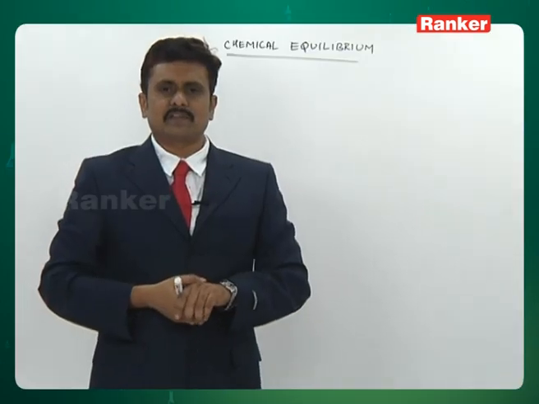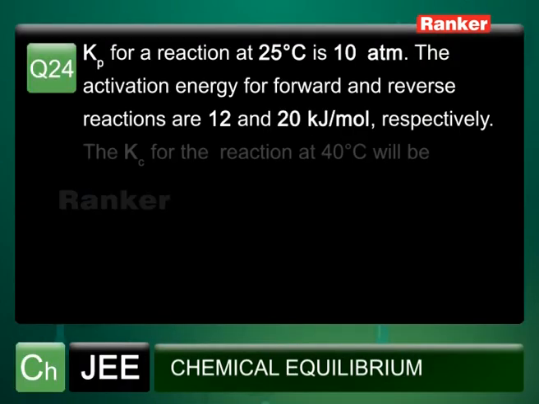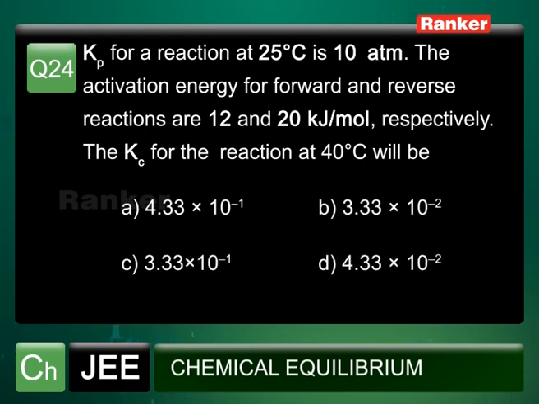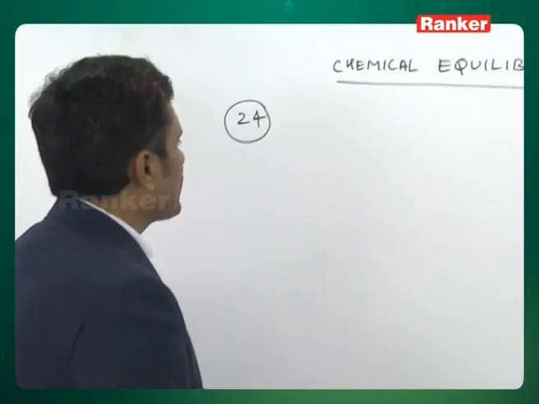We have Kp for a reaction at 25 degrees Celsius as 10 atmosphere. The activation energies for the forward and backward reactions are provided to us as 12 and 20 kilojoule respectively. Then the K value is asked at 40 degrees Celsius, but you notice here that the value asked is Kc but not Kp. So, therefore, here for a given